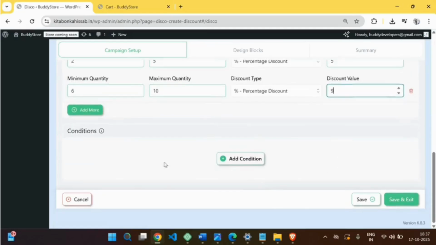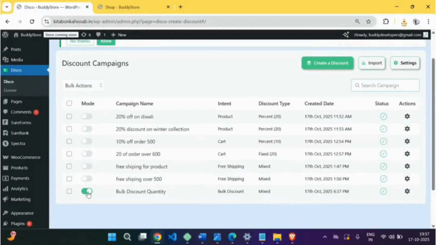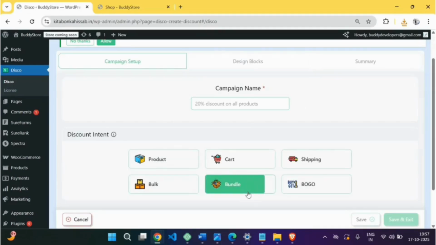There's no need to add any extra conditions here. Once done, click Save and Exit. Before we move forward, make sure to disable your previous campaign first. Once that's done, click on Create Discount, because now we're going to talk about a really exciting feature, the bundle